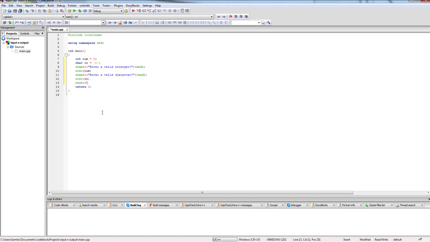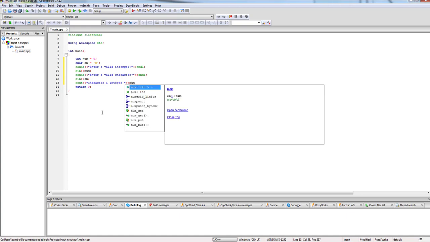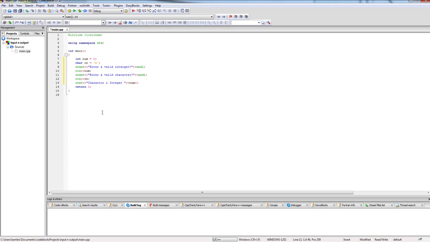So we can say character and integer. For the integer, it's num. For the character, it's cn, and then we put our endl like that, so that if we run our project, we should be able to get